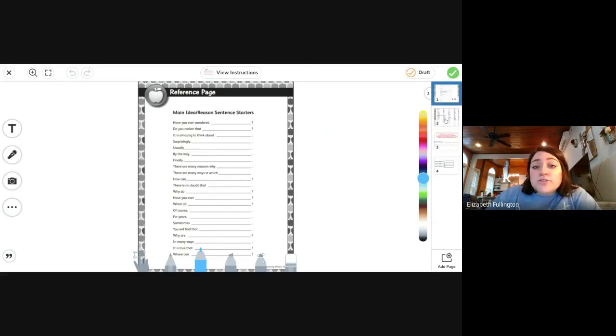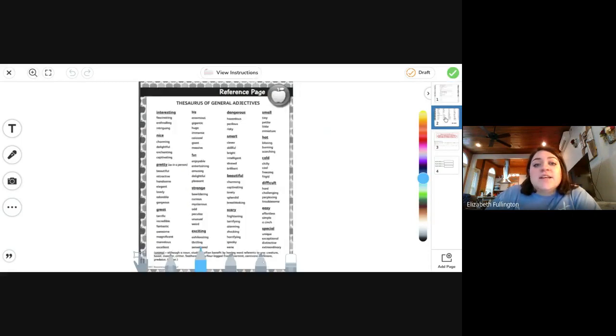Miss Fullington has also attached adjectives. These are adjectives that are going to help you with different describing words. So you can use these describing words to help you too. So instead of saying, oh, I think flowers blooming are cute. Remember, cute is a big no blurb word. So we're not going to use cute. You're going to use other adjectives. So if I see cute, I think of beautiful or pretty. And so here's some different ones. You said, I think blooming flowers are attractive. Blooming flowers are elegant or gorgeous. So those are other adjectives you could use instead of cute.